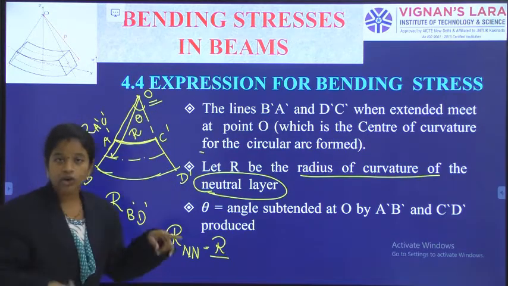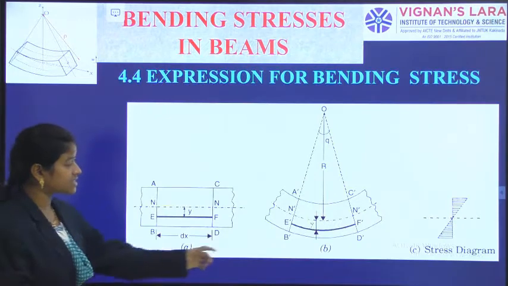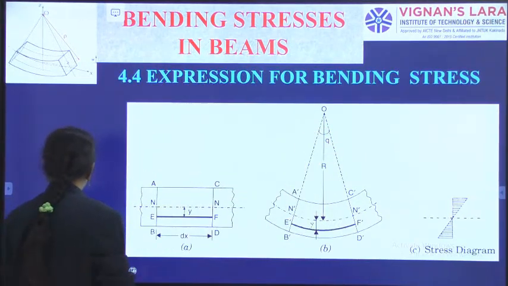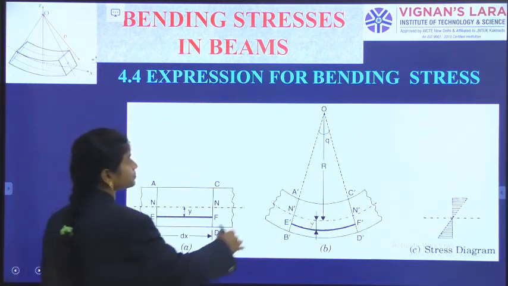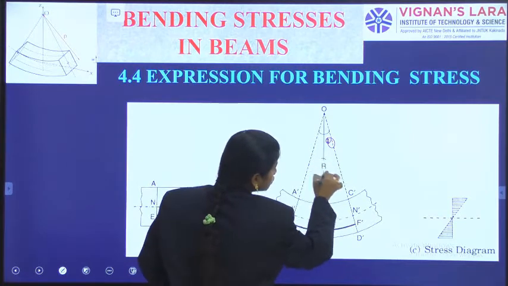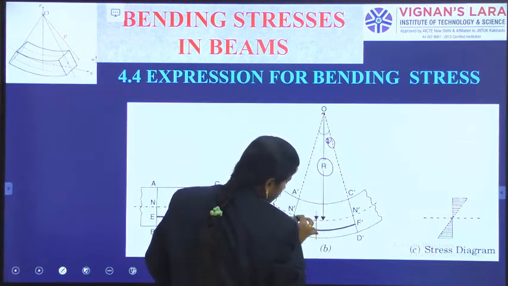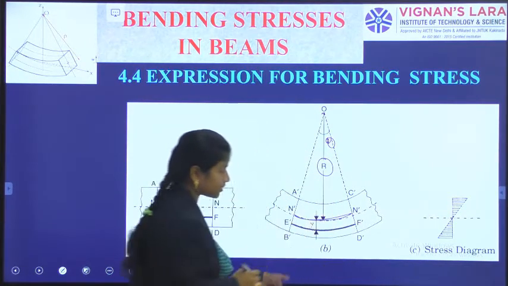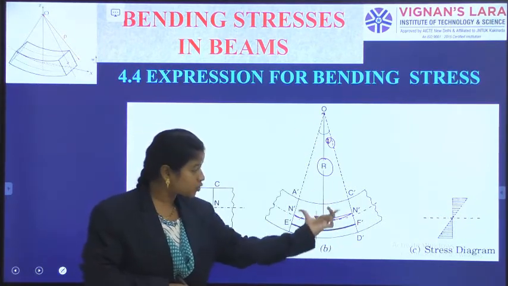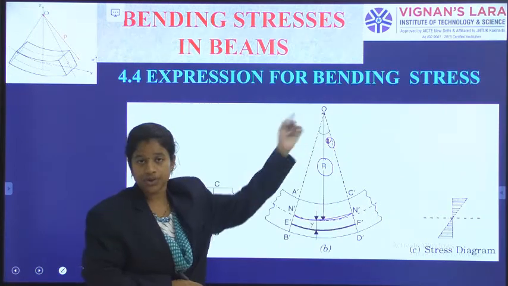So the angle included between those two lines is theta. The radius of curvature you can observe from the center of curvature to the neutral layer line, and these two points have given the center of curvature. Okay,